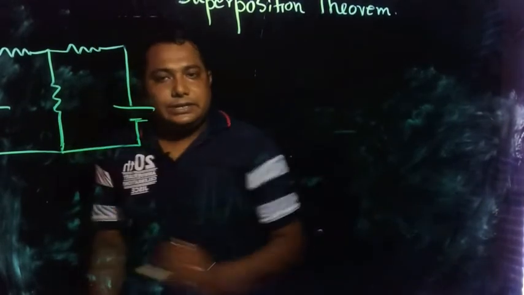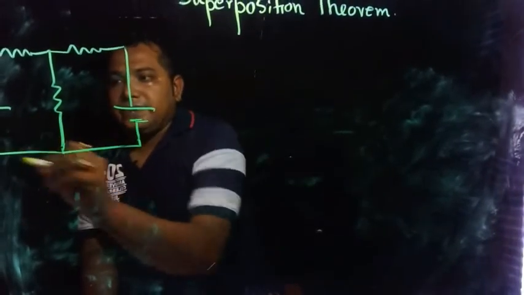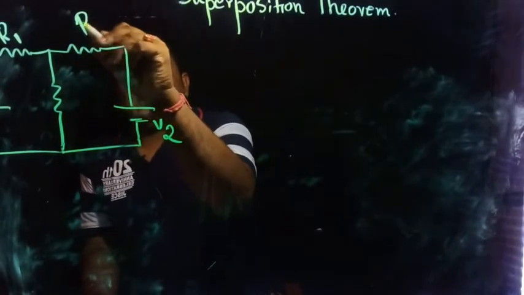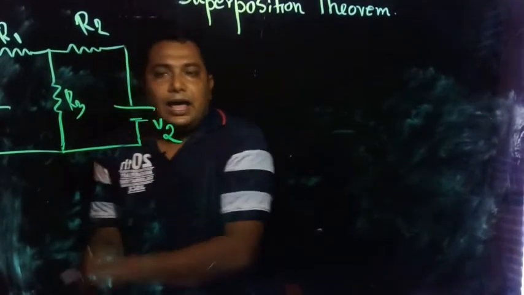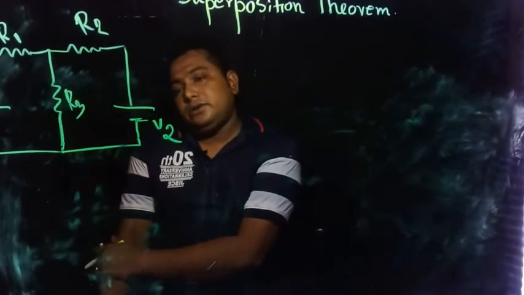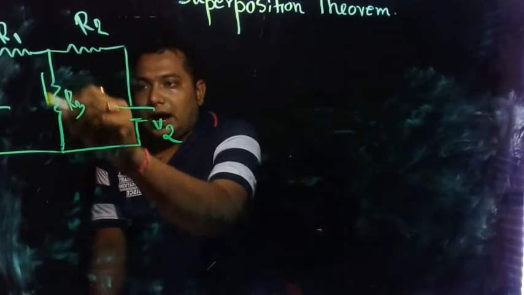Say this is our circuit. For simplicity, we are considering this is V1, this is V2, this is R1, this is R2, and this is R3. And the question statement is: find out the current passing through this R3 resistor